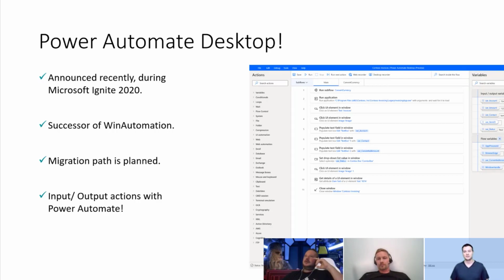But as with every tool, you have to adopt it, and I find the adoption not very complex. Even when I started using Win Automation in the first place, it was a very straight path to learn where the controls are, how to use the actions, and how to work with the interface. And wow.